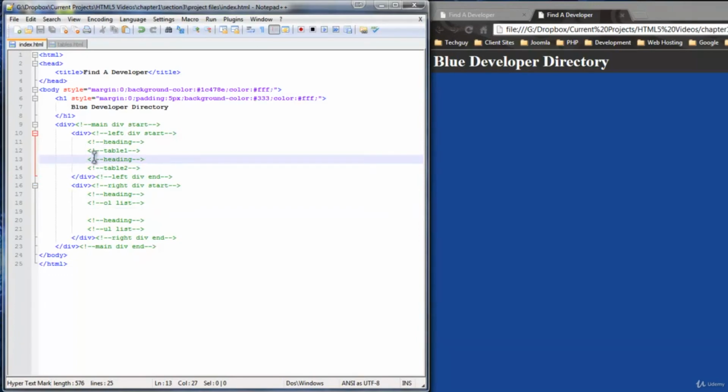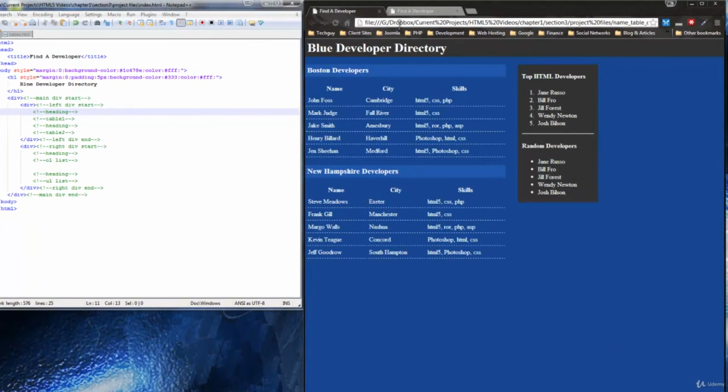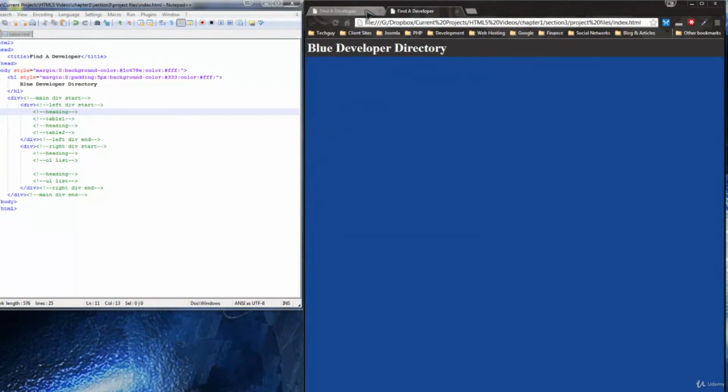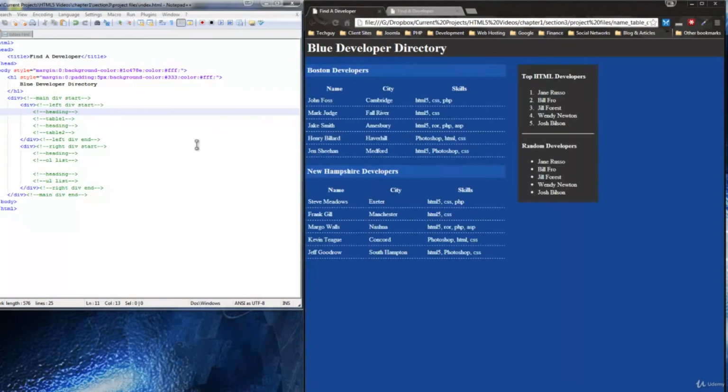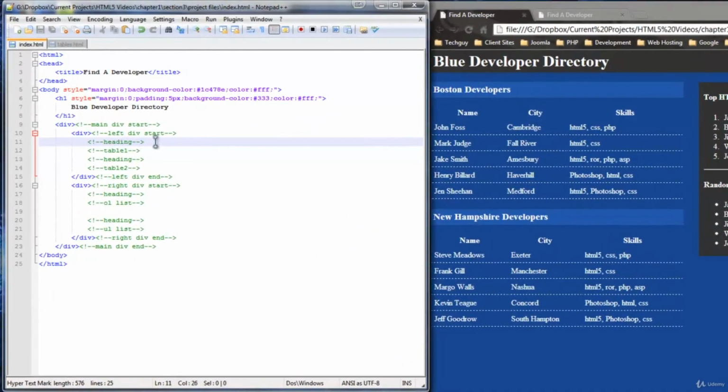So let's start adding some content. And what I've done, as I said, everything's in comments, so I'm just going to replace the comments with the actual code. So you'll see the first thing we have is the heading. In this heading, I'm going to transfer back and forth between these two pages, the finished one and the one we're working on, just so we can use this as a reference. So we have Boston Developers is the heading, and that's an H4 tag. So we're going to replace the comment with the H4 tag, and in the middle we're going to write Boston Developers, and save that,